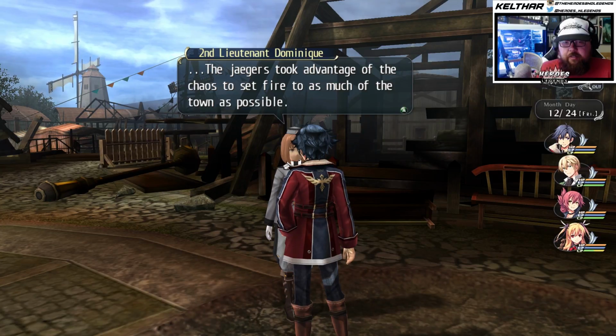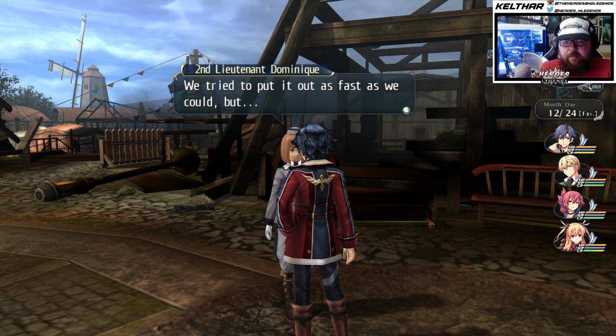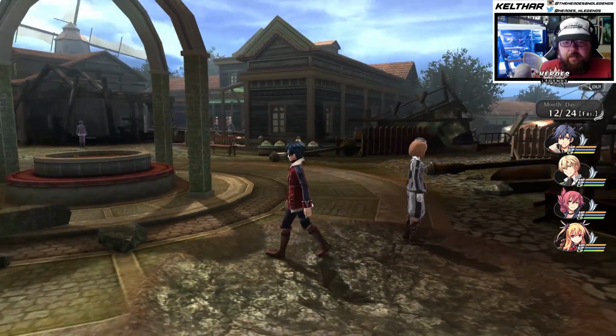The Jaegers took advantage of the chaos to set fire to as much of the town as possible. We tried to put it out as fast as we could, but as you can see...